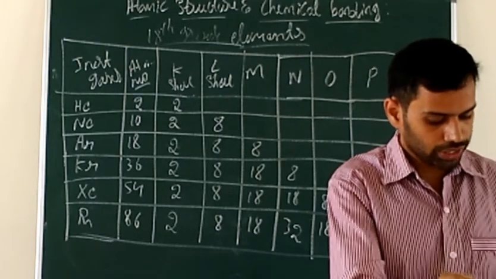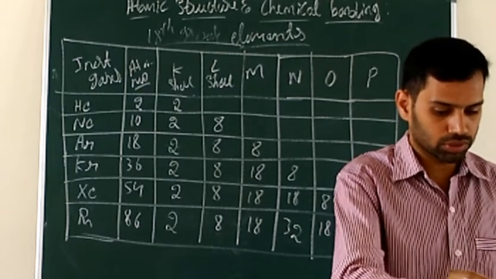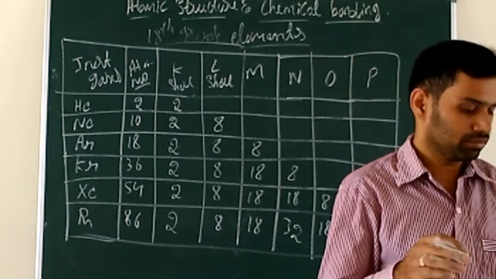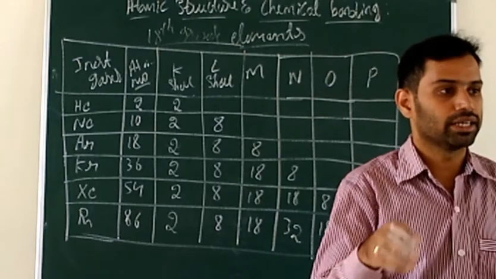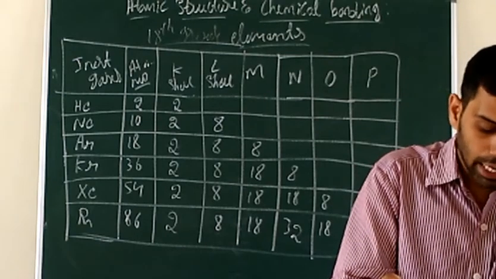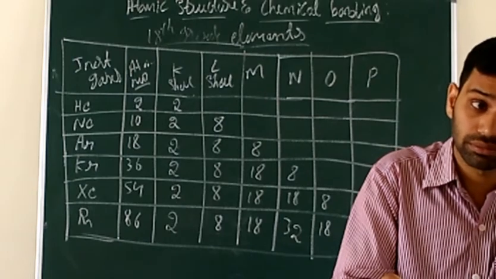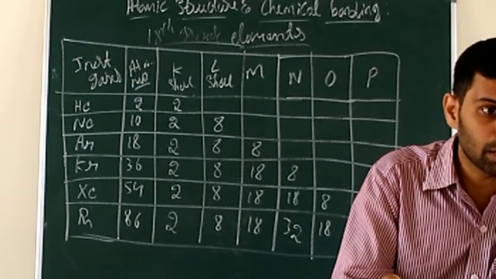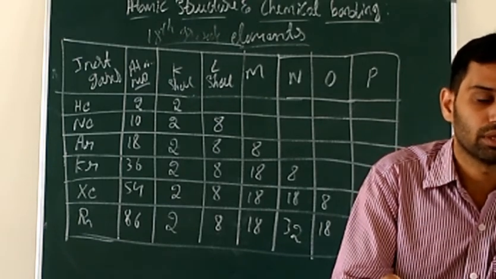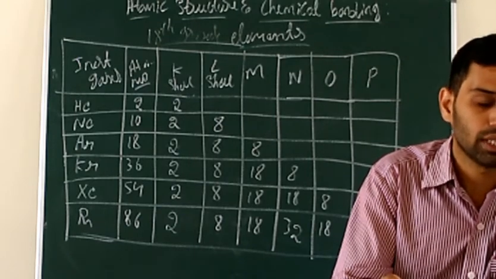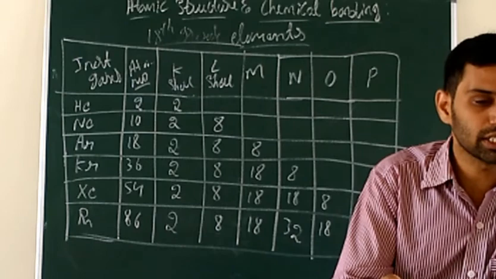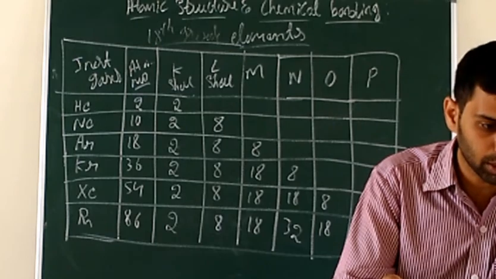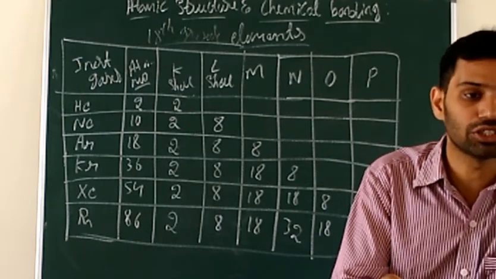Next, one more small topic, isotopes. So what are isotopes? Isotopes are nothing but atoms of the same element having the same atomic number but different mass number. Atoms of the same element, look at that. They have the same atomic number, but the mass number is changing. The atoms of the same element having the same atomic number but differing in their mass number are called isotopes.